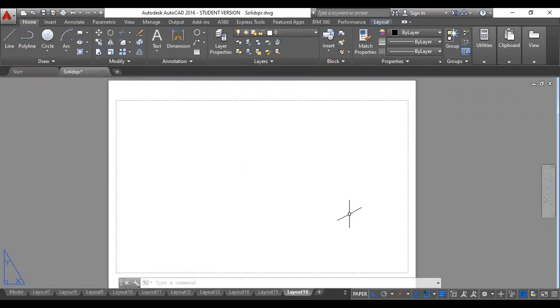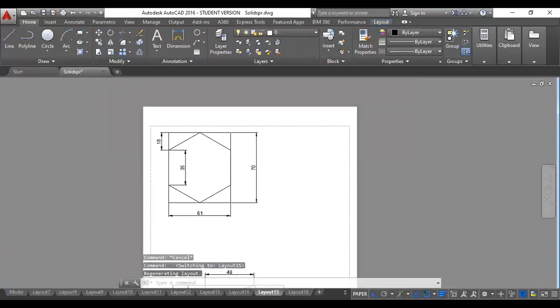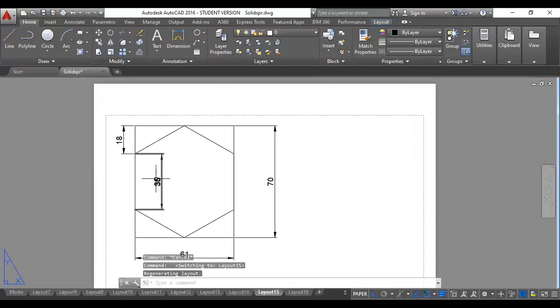So let me take one example. Let us say I want to draw a hexagonal prism of 35 mm edge length. I have already drawn the hexagon here to its true length, which is 35 mm. Then I have enclosed this hexagon within a box. So I want to find what this box dimension is. Then this box dimension I am going to draw in isometric, and then I'm going to locate the corners